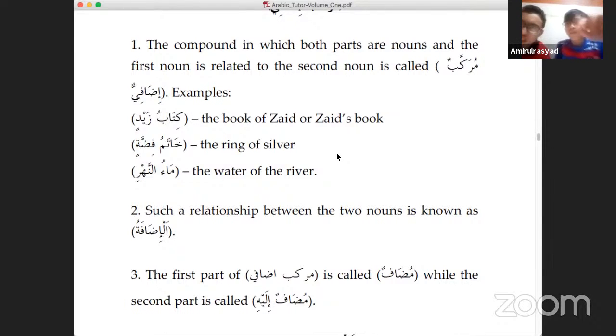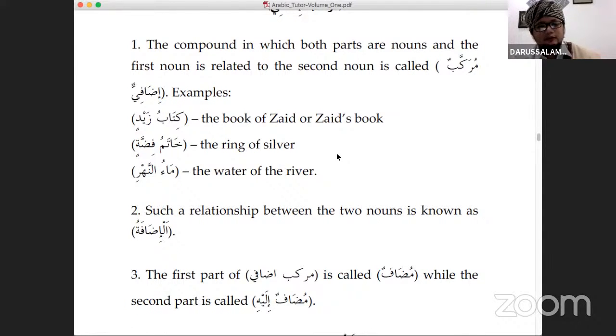Because in murakkab tawsifi also, when you translate into Malay, for example, Rajulun Hasanun, in Malay we say lelaki baik. Lelaki baik. So there's no